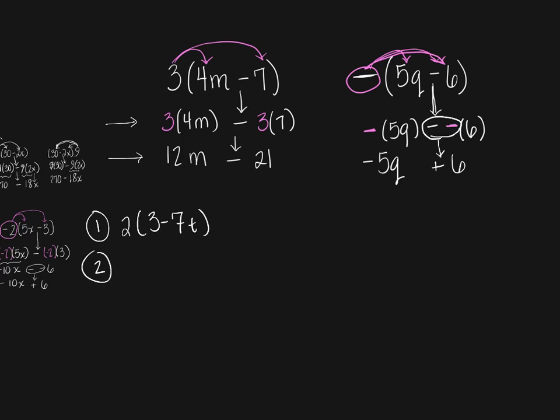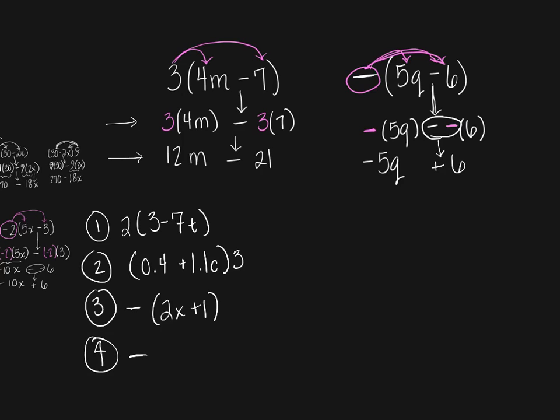And let's do 0.4 plus 1.1c times the quantity of 3. And let's do a negative on the outside times the quantity 2x plus 1. And let's do a negative on the outside times the quantity 3 minus 8a. And for our last one this evening, let's